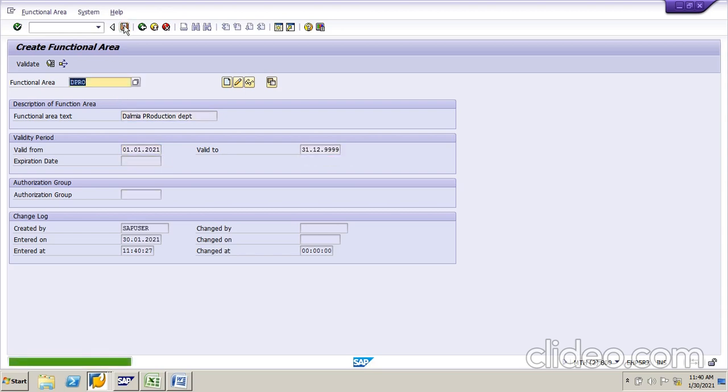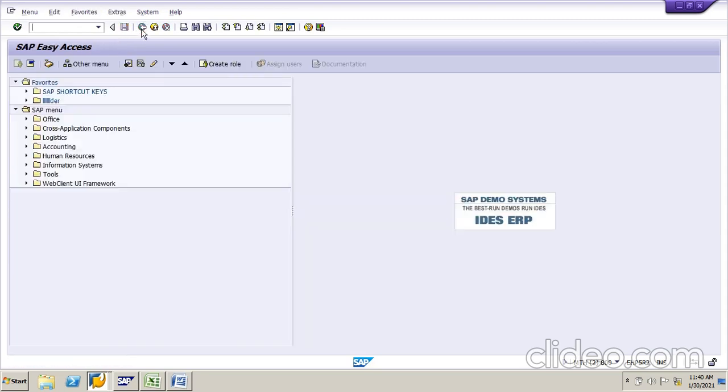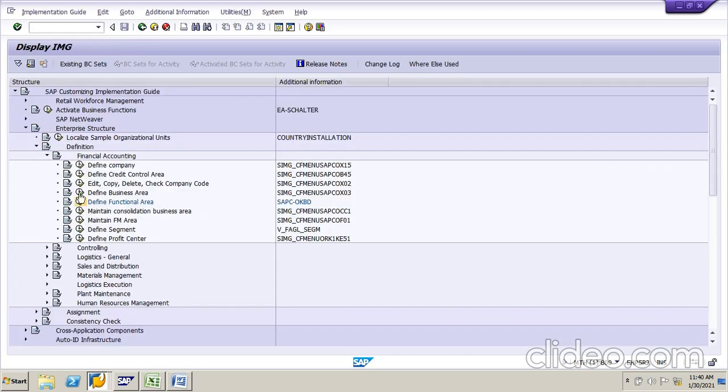Dalmia production department. Like this, you have to create all your departments here. Come back. So define functional area is completed.